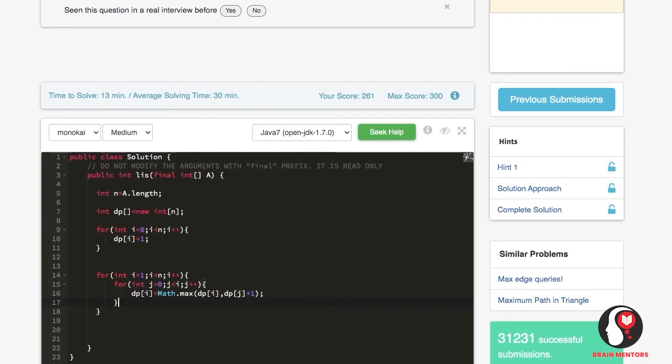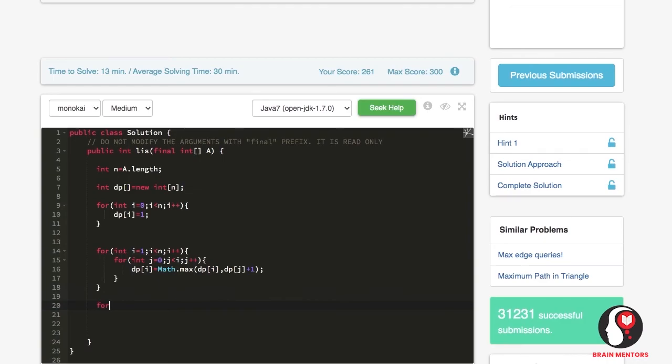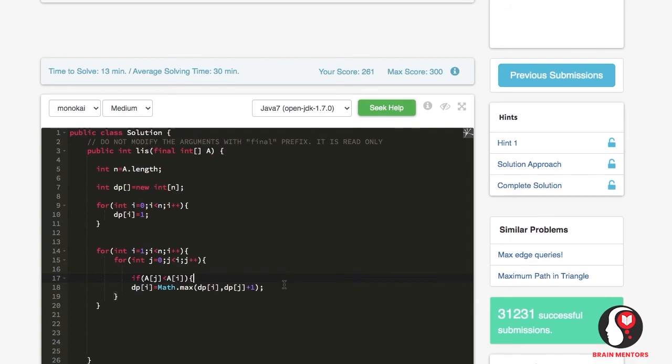So either it can be a part of the jth sequence or it can stay in the previous sequence it was. Of course we can only do this if our current element is greater than the previous element of the sequence we are taking. So yeah, A[j] should be less than A[i].